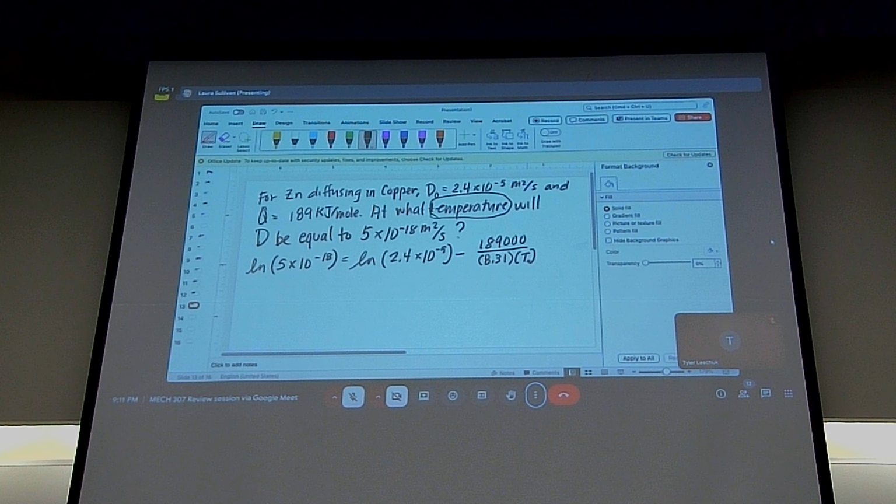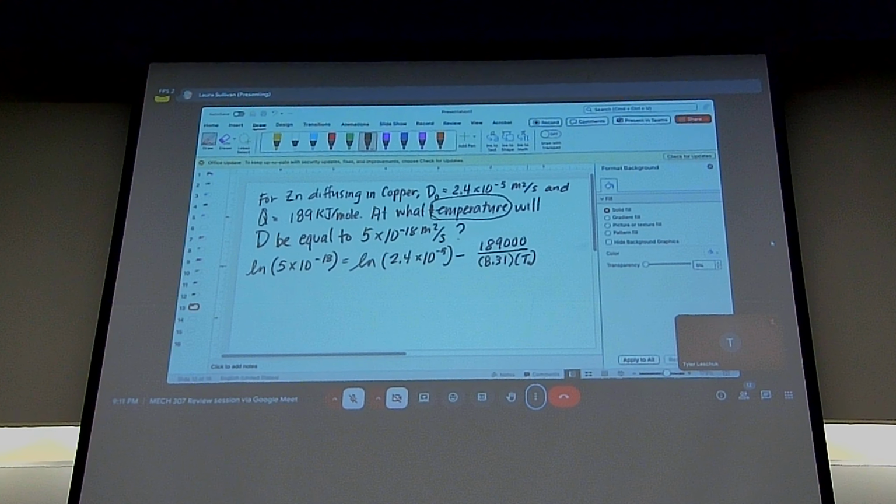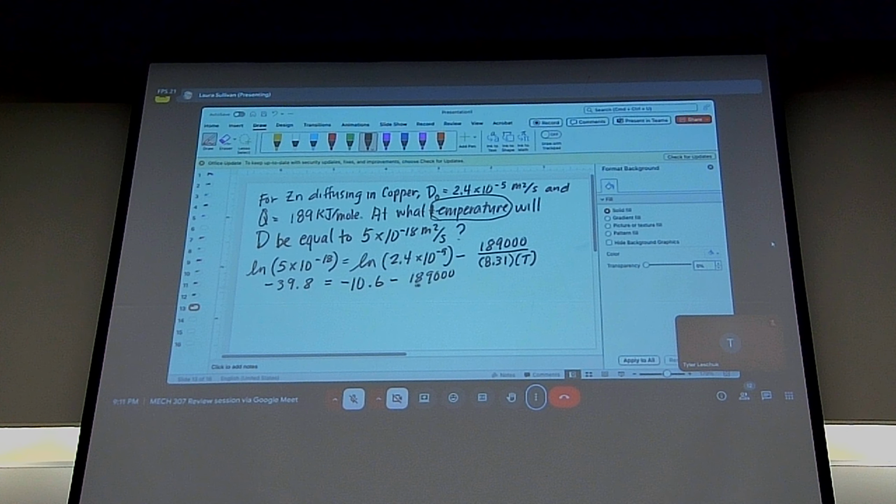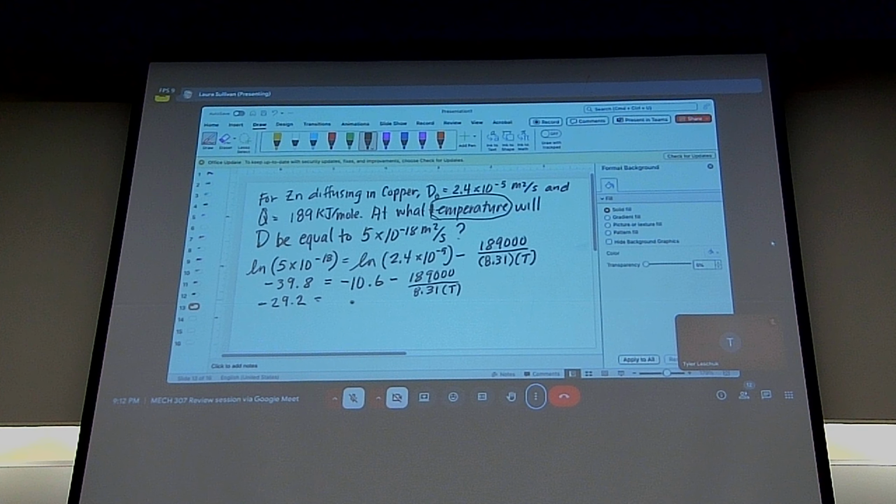Okay, so 5 times 10 to the -18. So this is -39.8. 2.4 times 10 to the 5 is -10.6, minus 189,000 over 8.31 times T. So -39.8 plus 10.6, so -29.2 is equal to